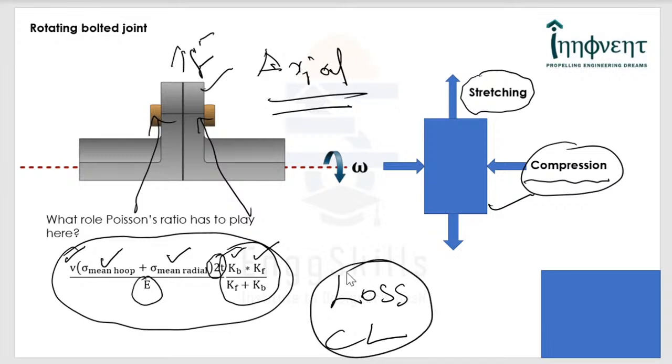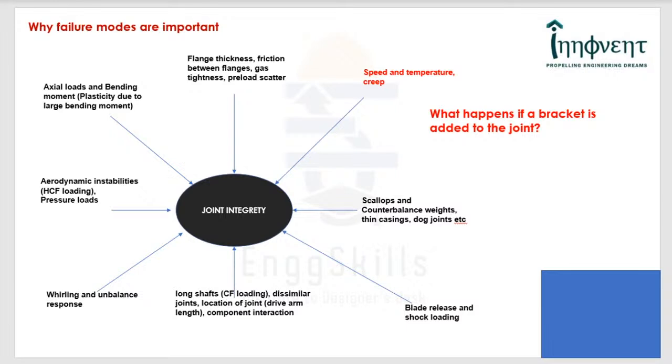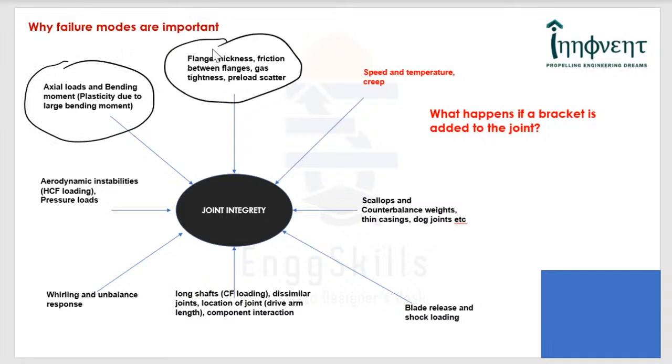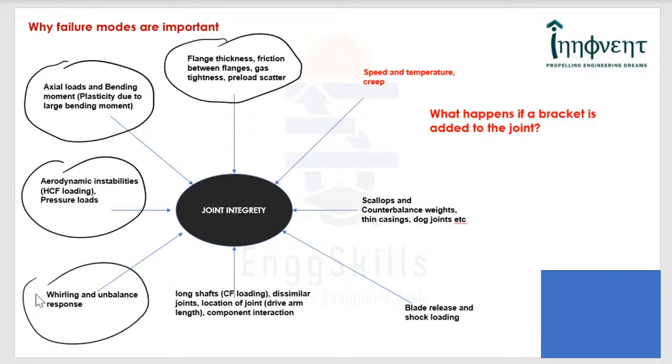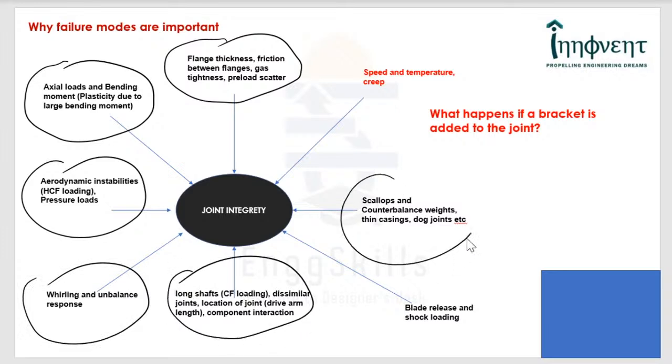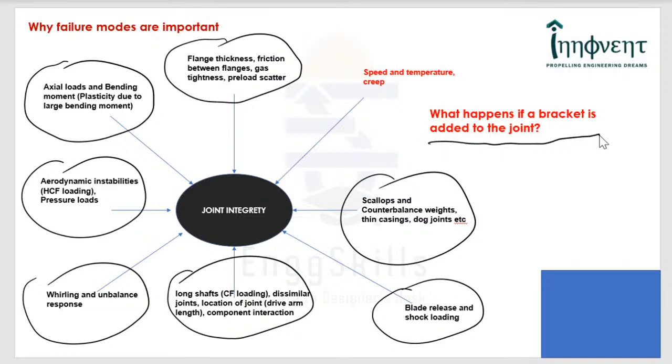So sometimes a designer has to observe very, very carefully. The reckonings may not be simple. Just to impress upon you, a bolted joint could have so many possible failures. In the webinars to come, we can have devoted discussions for all these. But now, one simple question for those students who are watching this webinar: what exactly happens if I include a bracket in a bolted joint? Remember, the stiffness of the bracket is much smaller compared to the stiffness of the flanges. That is the hint for your question.